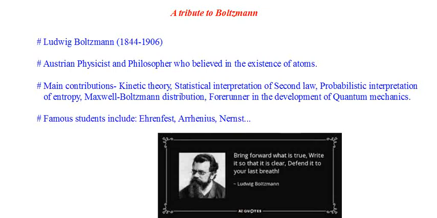Ludwig Boltzmann, 1844 to 1906, was an Austrian physicist and philosopher, and he earned his PhD in physics at the young age of 22, in the year 1866. His mathematical intelligence has been reflected in many of his path-breaking contributions in a variety of fields. And